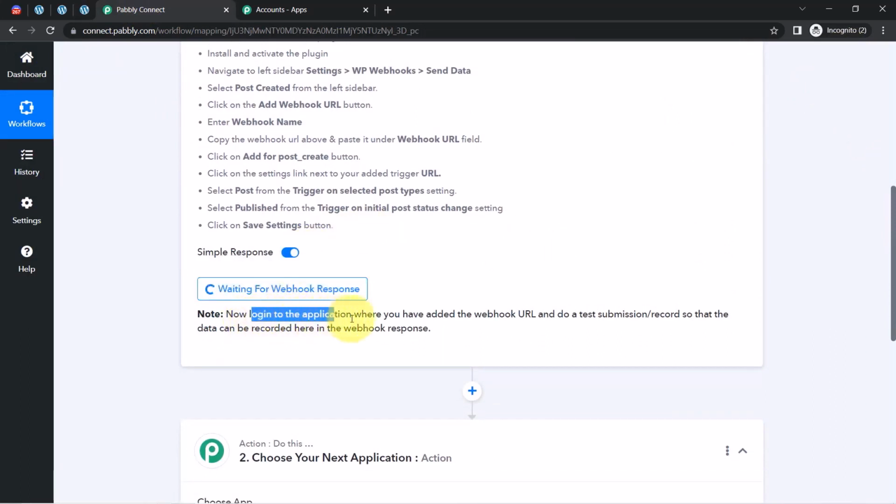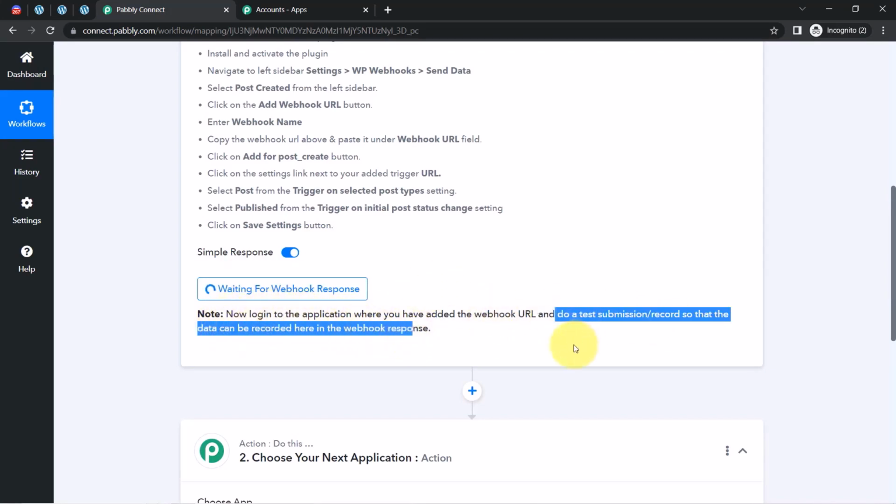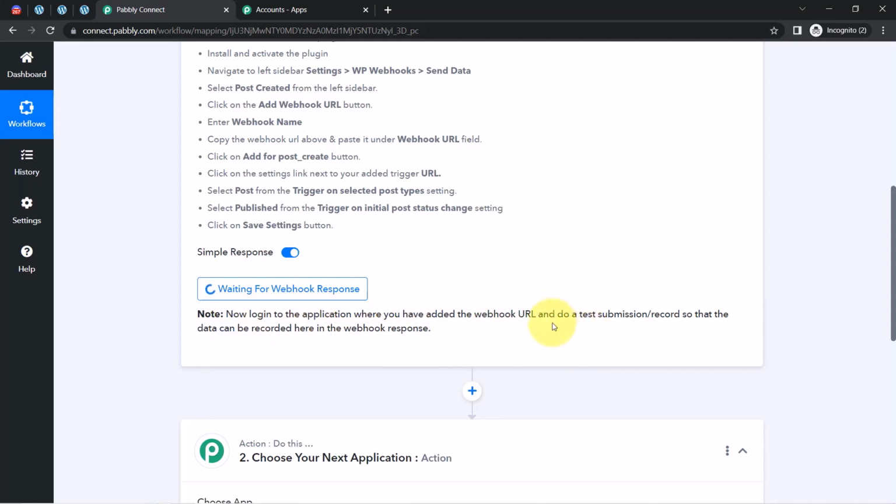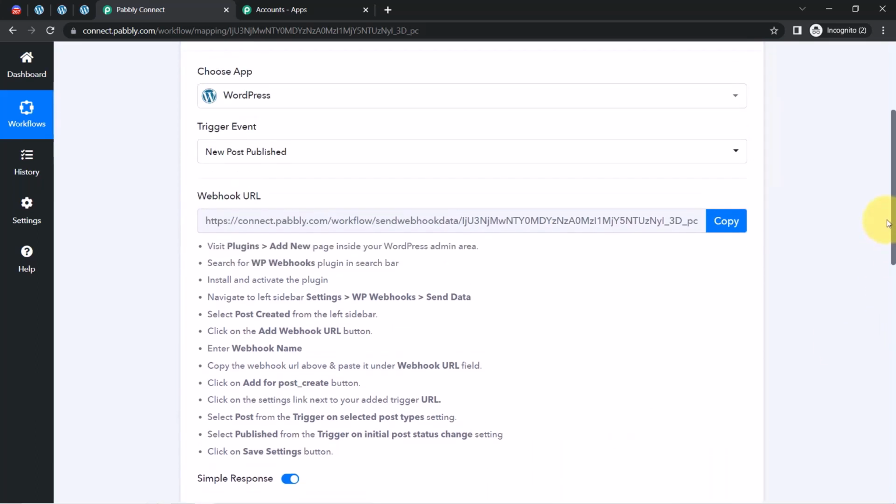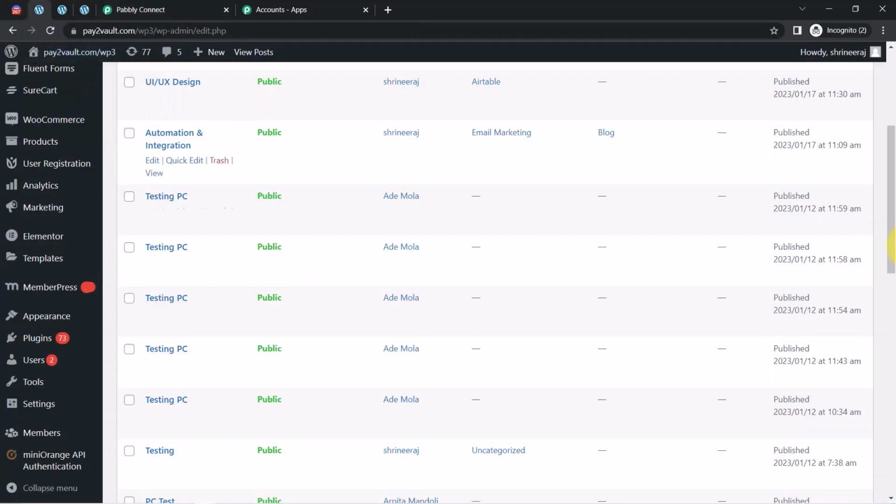So log into the application where you have added the webhook URL and do a test submission or record, so that the data can be recorded here in the webhook response. So basically it is asking to do a test submission or record, and here the test submission means a new blog post is published. So what I am going to do is I'll go back to my WordPress website, and here